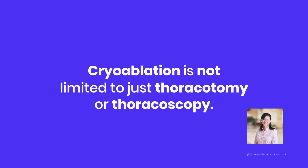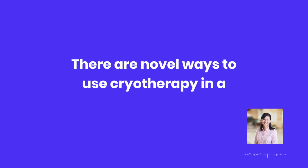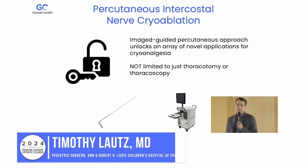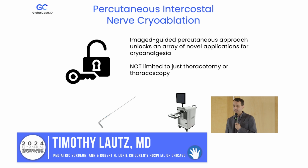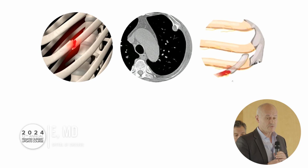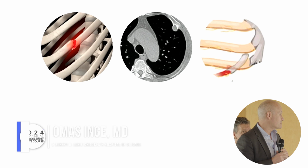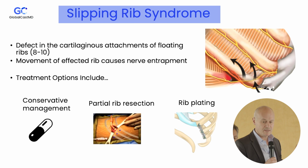Cryoablation is not limited to just thoracotomy or thoracoscopy. There are novel ways to use cryotherapy in a percutaneous approach. Besides the standard cryoprobe, once you start using the tools that the IR folks have available, which includes percutaneous needle options, what else can you do? We've seen some real benefits of cryo treatment, cryoablation for rib fractures, slipping rib syndrome, and other endochondromas, as you